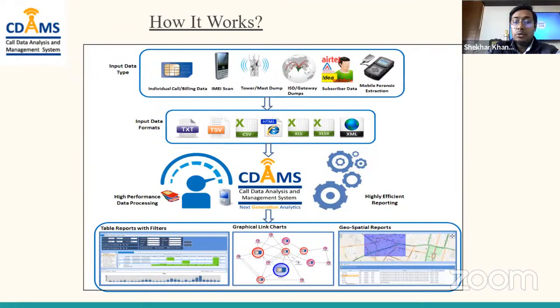Okay, so the input file could be of TXT, CSV, XLS, XML, HTML also, and PDF also. It will import that file in CDAMS and give you the result in various forms, like tables, that is tabular form, graphical form,